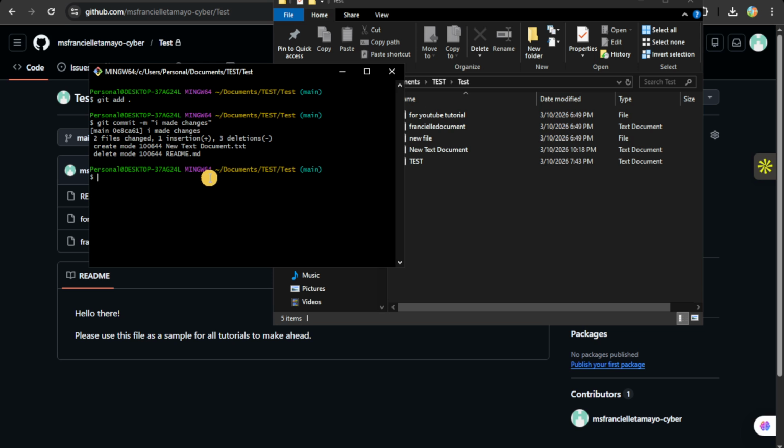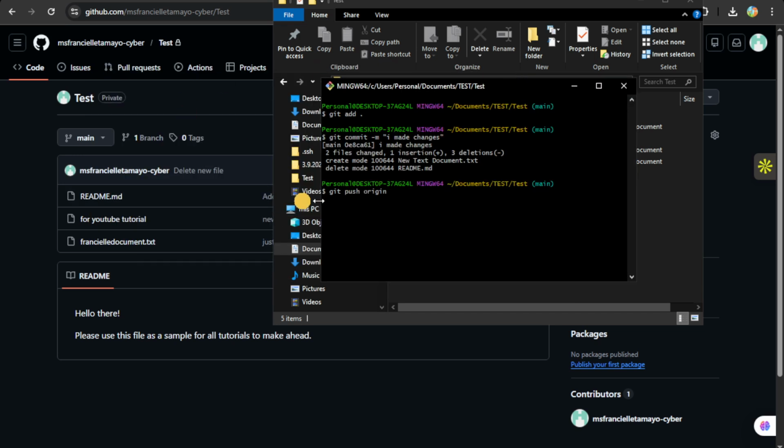So next thing that you're going to do is you're going to use the git push command. So we're going to type in git push, and then going to type in origin and then the origin of your choice. So you're going to type in here the branch name. Since I will be pushing it to the main branch, which contains all of these,